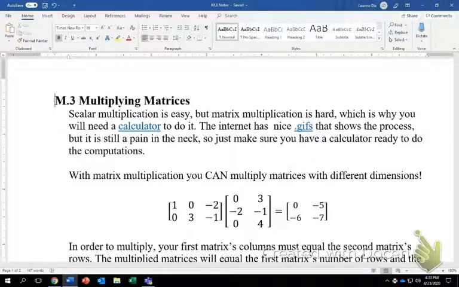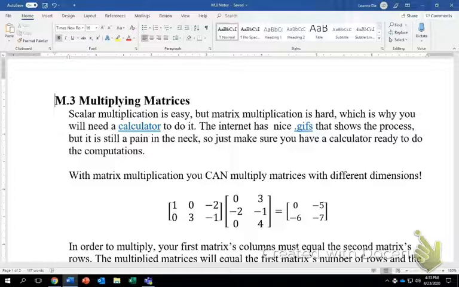All right, going into the next section for matrices part 3, we're now going to explore multiplying our matrices. Scalar multiplication was very easy, but matrix multiplication is a lot more challenging. It just has a lot of steps, which is why I am not going to require you to do it